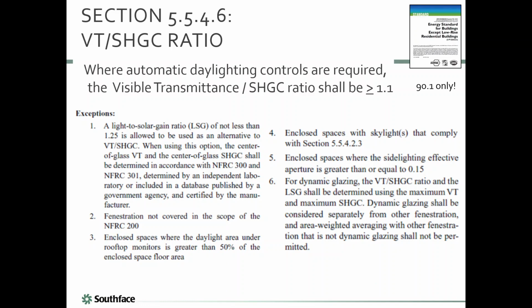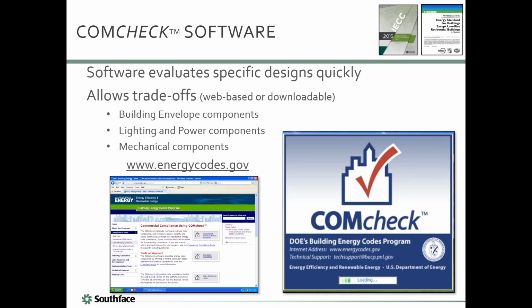How much more can I say about using ComCheck? Well, first of all, it's really, really good for envelope, and it's incredibly good for lighting, and it's kind of okay for mechanical. There's nothing really to trade off on mechanical, so it helps you build a list. But it's a great tool. It's free. It's available from energycodes.gov. They have a downloadable version. They also have a web-based version,